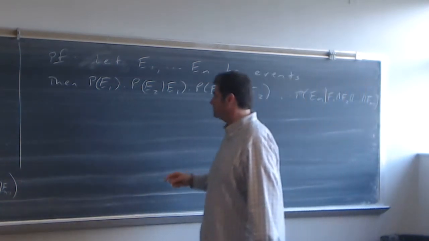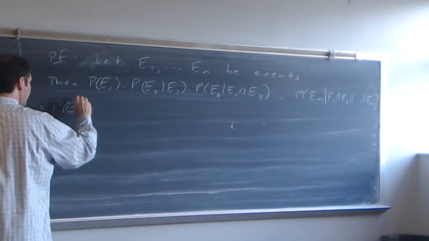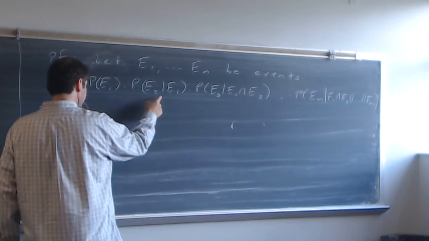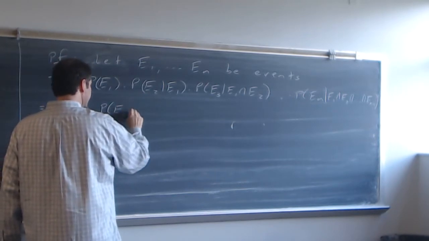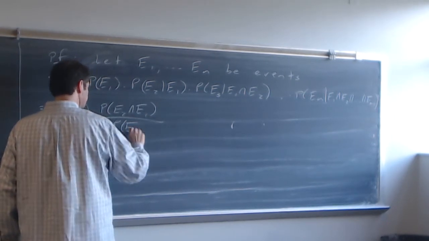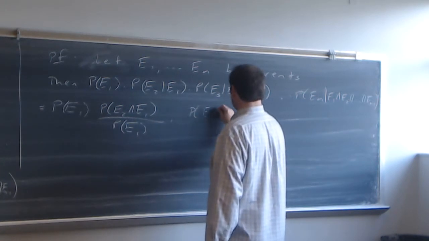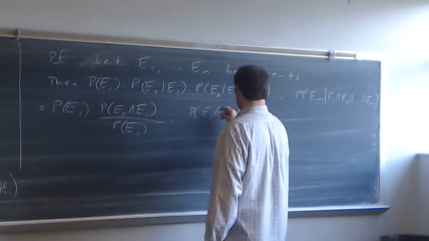What that's equal to is the probability of E1, and then the conditional probability here, by definition, is equal to the probability of E2 intersect E1 over the probability of E1, times the probability of E1 intersect E2 intersect E3,